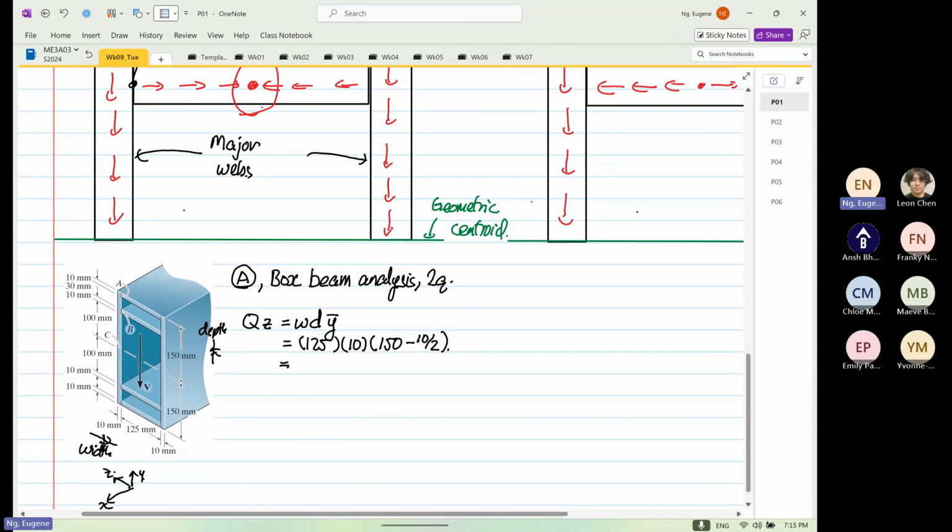So from here, this will be equal to 150 minus 10 divided by 2, times 10, times 125, which is equal to 181.25 times 10 to the power 3 millimeter cube. So this is also equal to 181.25 times 10 to the power minus